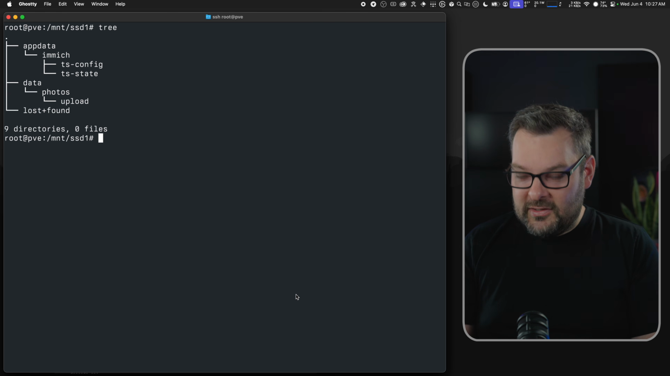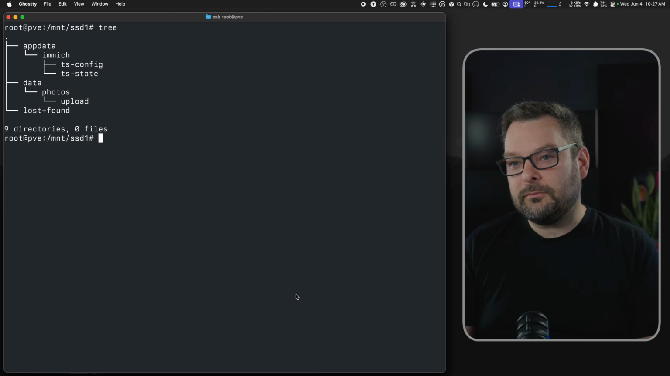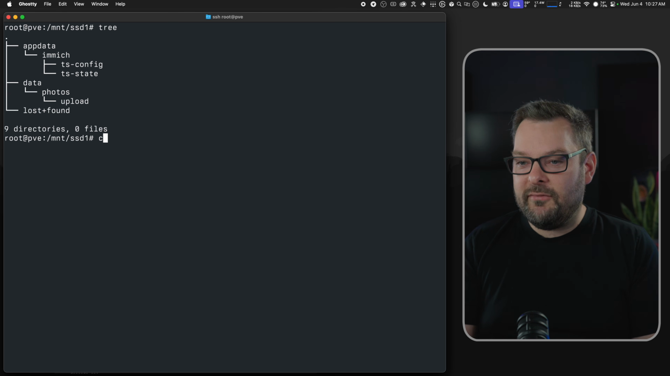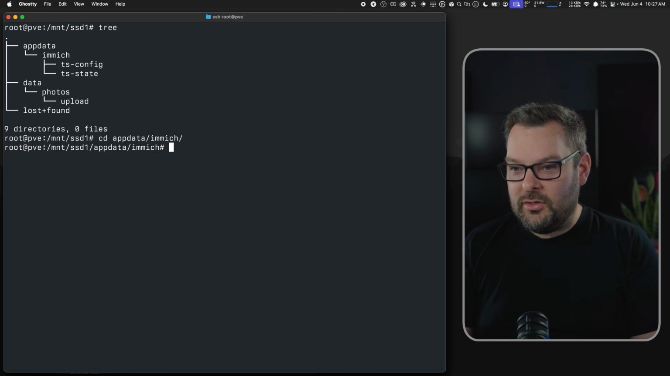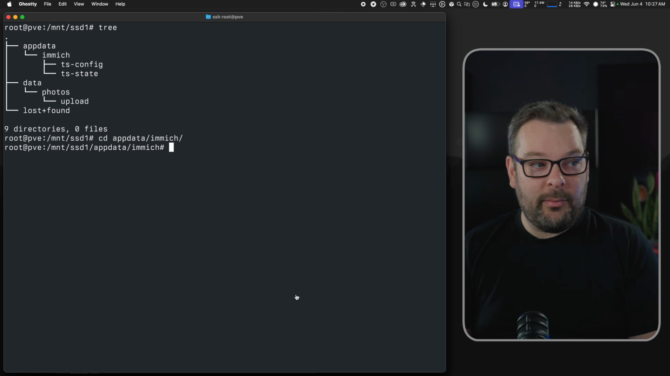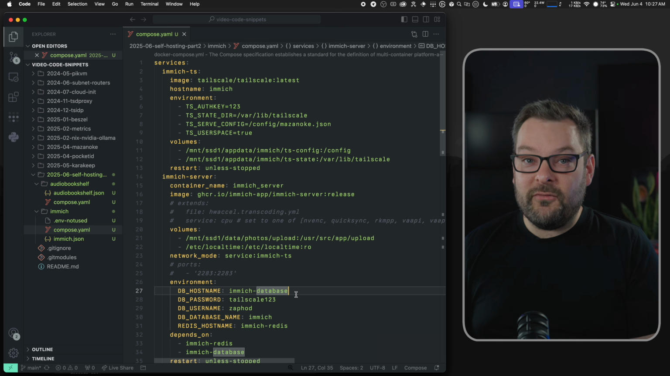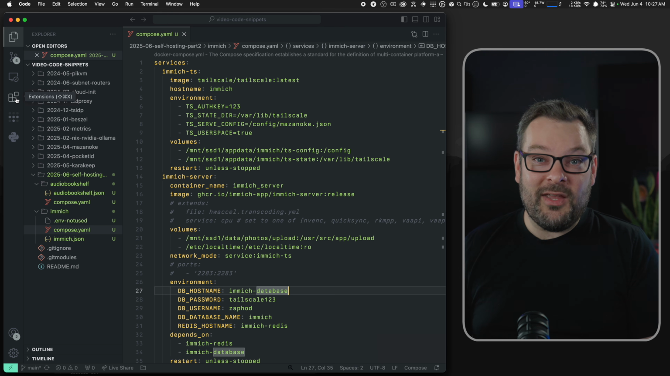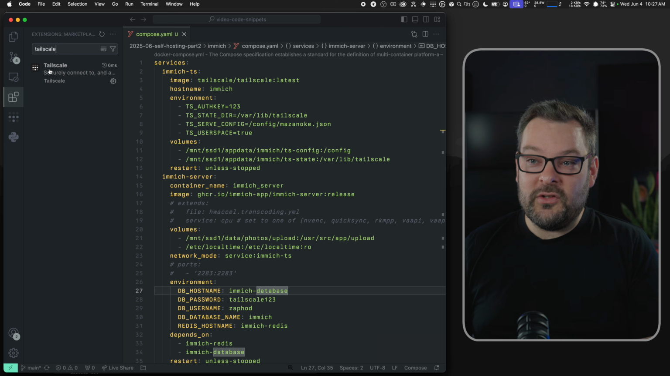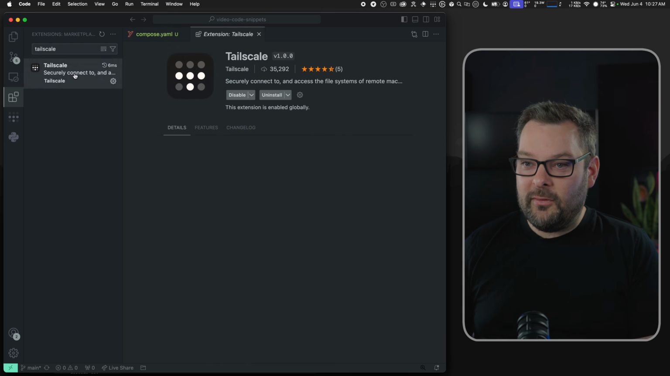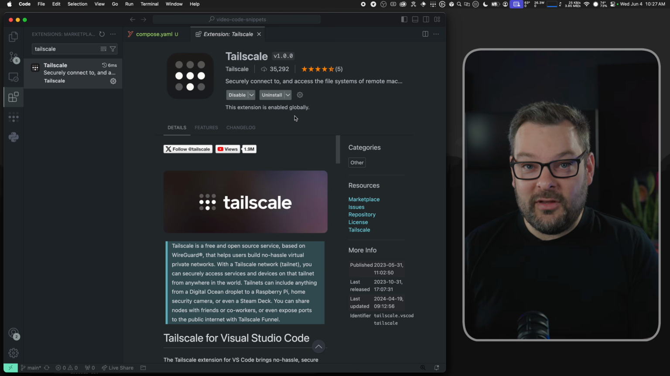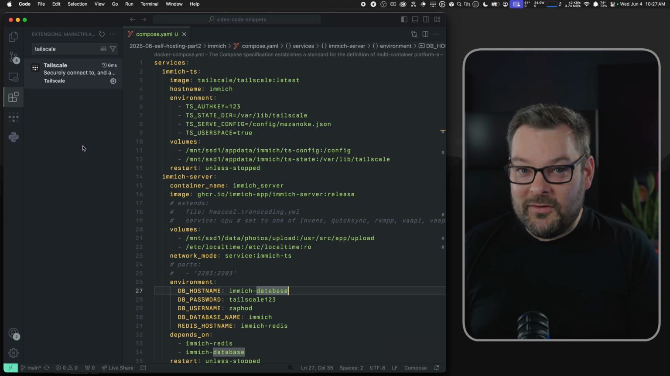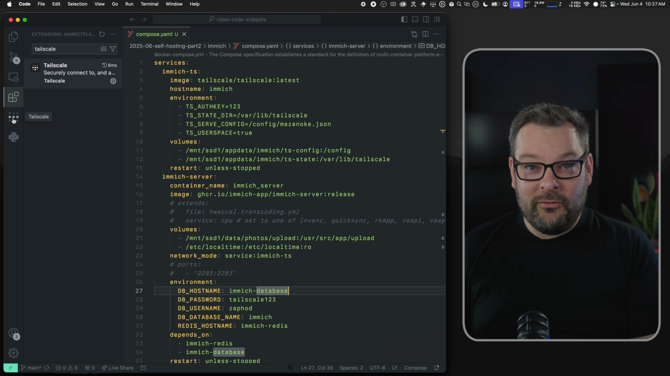So in here, we've got app data Immich. In that folder, we're going to create a new file called compose.yaml, but we're going to do that from VS Code. Now, if you didn't know, Tailscale make a VS Code extension. So you can go to the extensions option over here, search for Tailscale, and install that directly into your VS Code editor. The benefit of this is you can now click on this little Tailscale button,